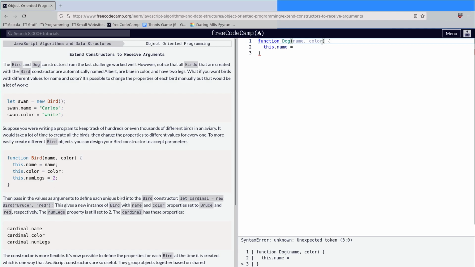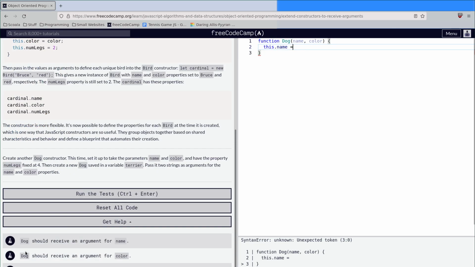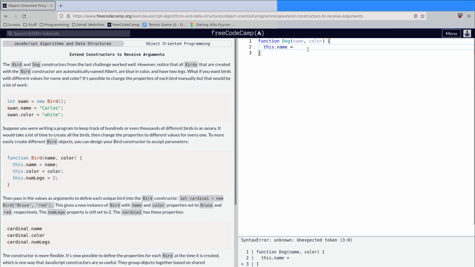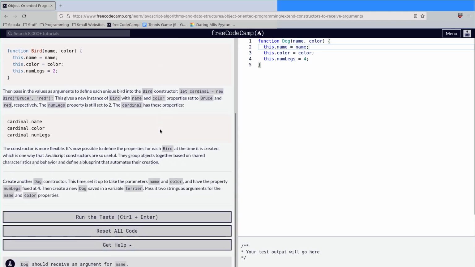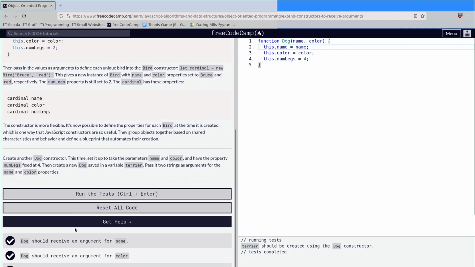You could also make a number of legs if you want, but the example doesn't say you need to. It also says it needs to be set to 4. So we're going to do this dot color and this dot numLegs. This is always going to be 4, so we don't need that. But this will be equal to color and this will be equal to name. So this works,